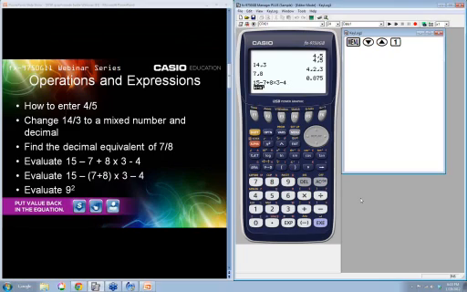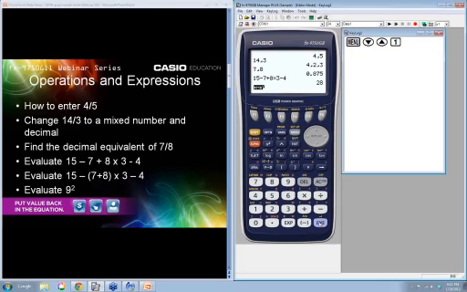I want them to understand that if they do PEMDAS, and I know PEMDAS is coming under a lot of heat these days, because kids think it's parentheses, exponents, multiplication, and then division, when it's not. It's multiplication and division left to right. However, I still think it has its purpose. I have my kids evaluate that, and then we hit execute and see if they're right.